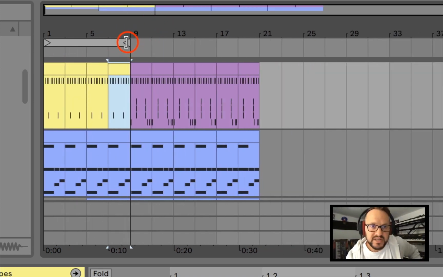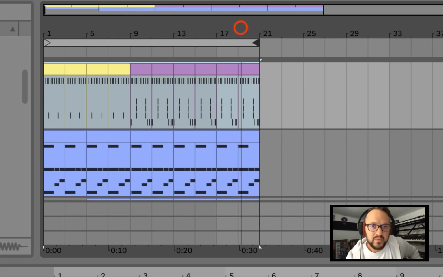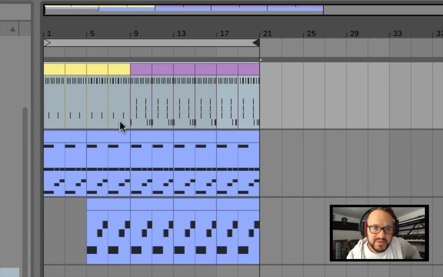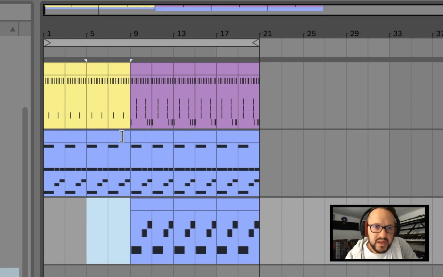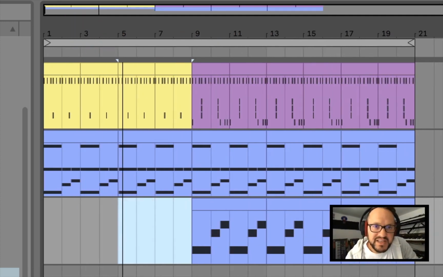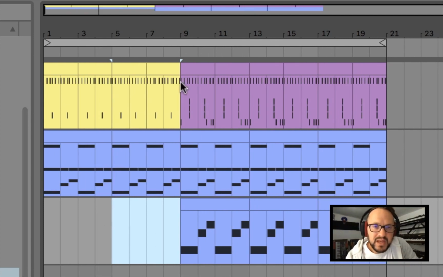So now what we've got is our little intro with just the piano and that stripped down version of the beat. In fact, let's delete this bass as well. So now we've got, in fact, I've made it an 8 bar intro, and then